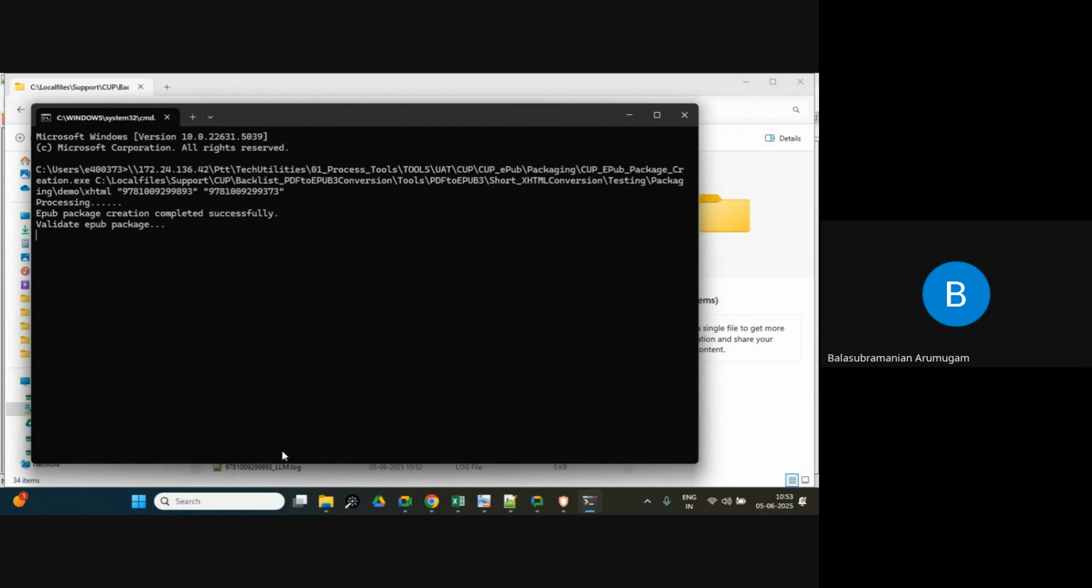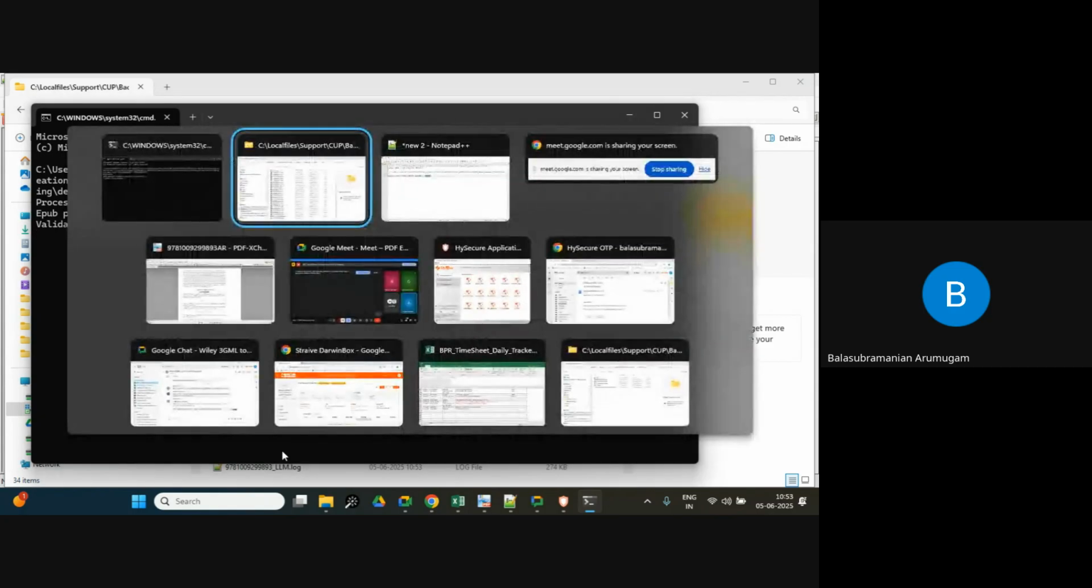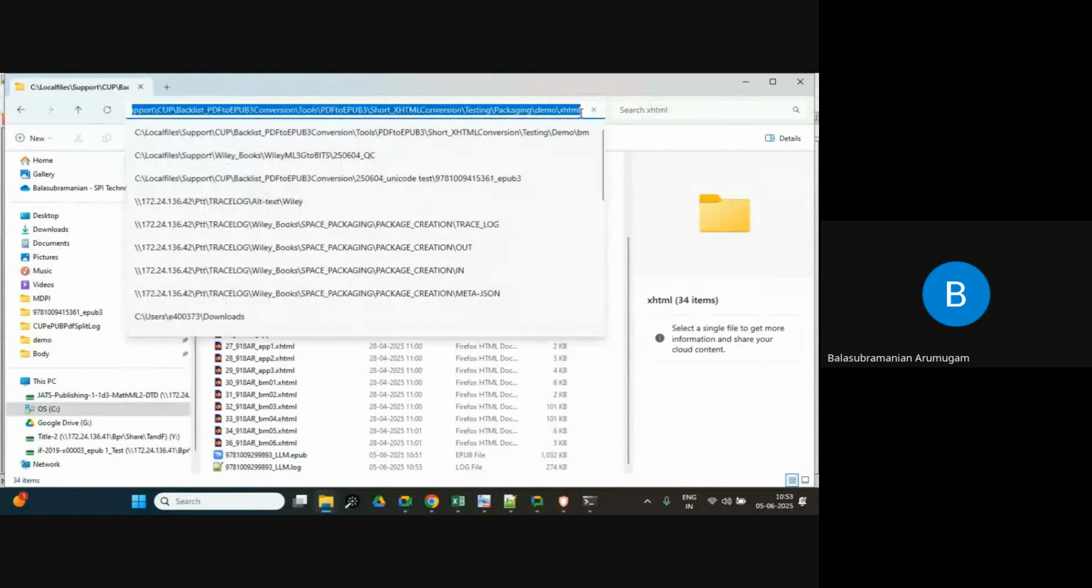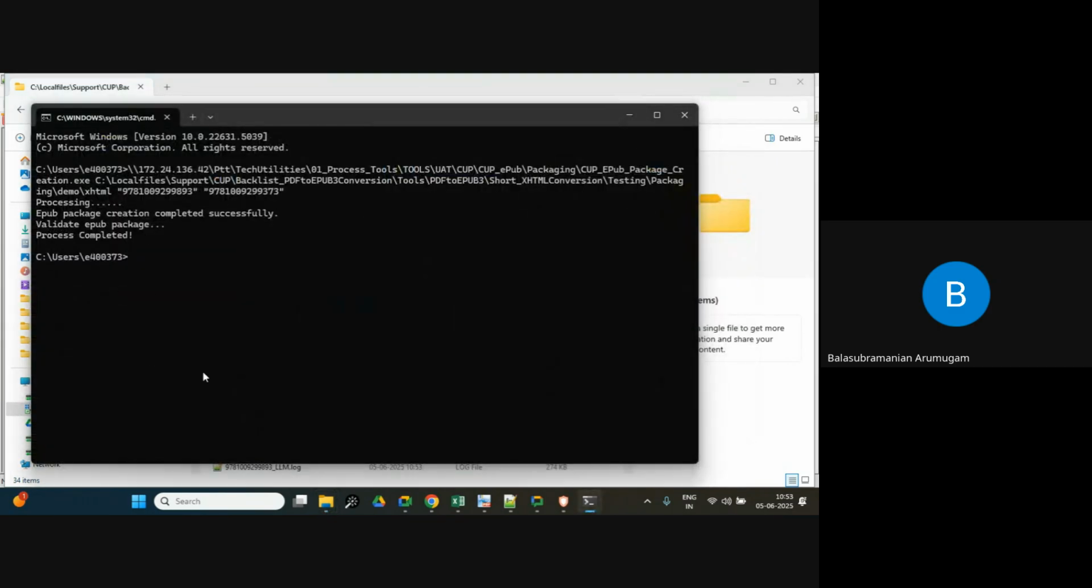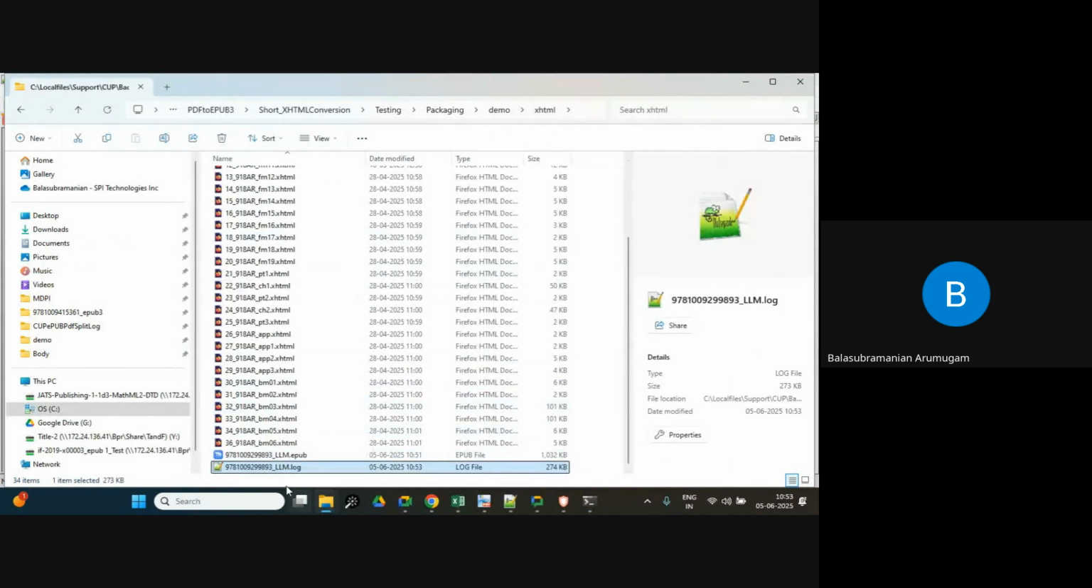Validating the EPUB package is taking some time. I think this is also happening due to some network issue. On your server version, you will get the log file quickly. This is a dummy file we have created for testing purposes. Here there are so many errors, a 274 KB log, a lot of errors. That's why it's taking more time. The process is completed. So you will get the EPUB file here, based on the client file naming, that is ISBN